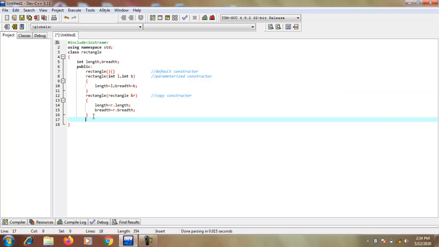Then write the display function to display the values of the object that is created by the default constructor, parameterized constructor, and copy constructor.